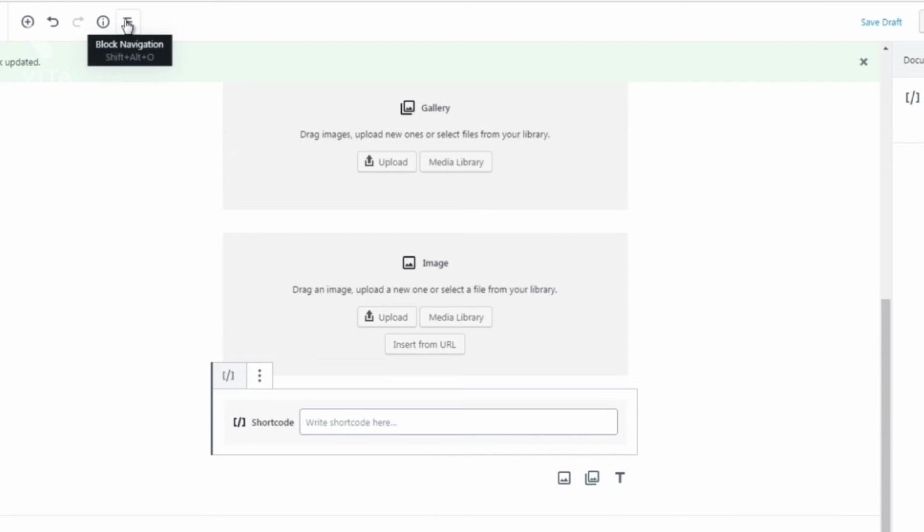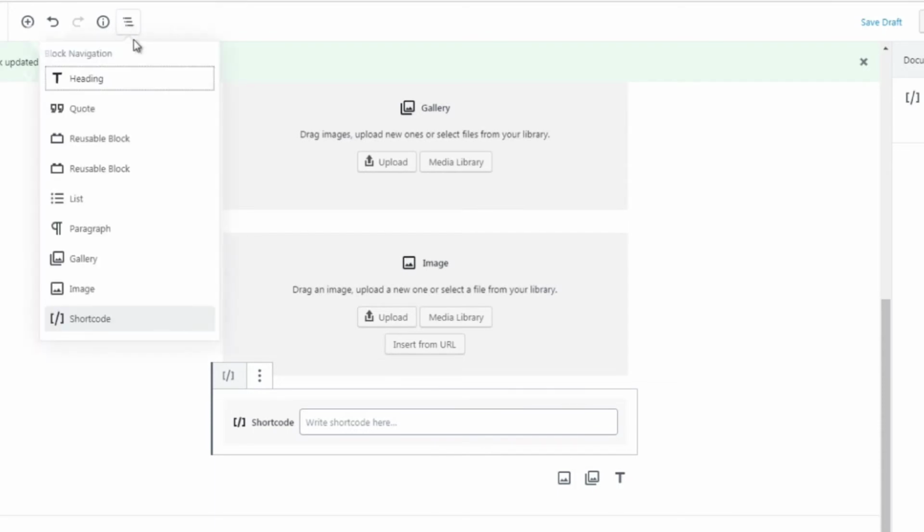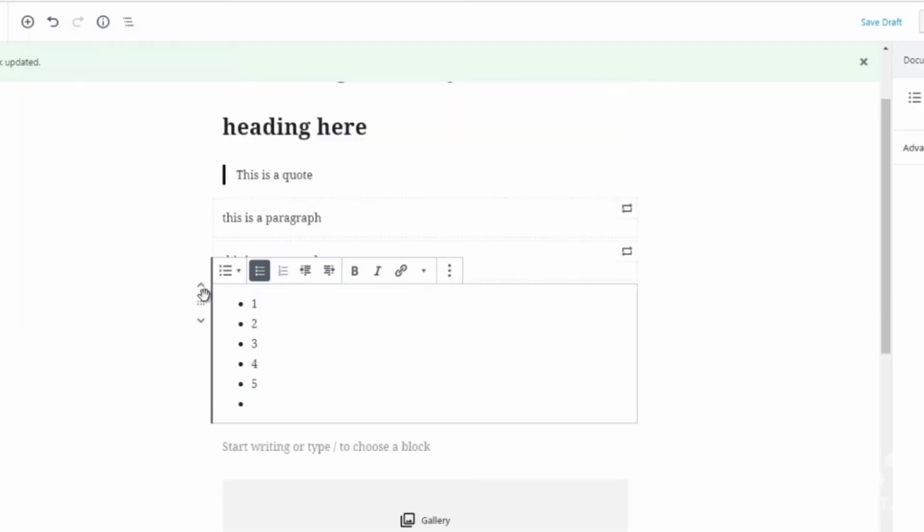Now, since we've added several blocks already, if we go back to the top under block navigation, we can actually see how our blocks are set up. So you can see that at the top, I've got heading, I've got quote, I've got 2 reusable blocks, I've got list, paragraph, gallery, image, and shortcode. Now, if I click on one of these, like let's say I'll click on list,